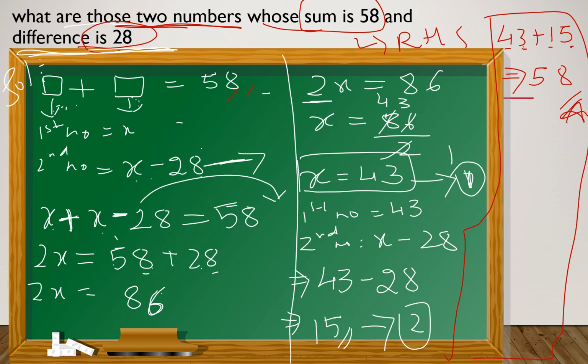So remember, in all word problems you should consider the first number as x only. For the sum of two numbers, you consider the first number as x, and the second number they will give you one clue in the question. Sometimes they mention difference, and sometimes they mention more than or exceeds, as in the last problem. More than or exceeds means we have to add this number, and difference means we have to subtract. Like this we bring it into an equation. After that we'll solve the problem and get the value of the first number and second number.